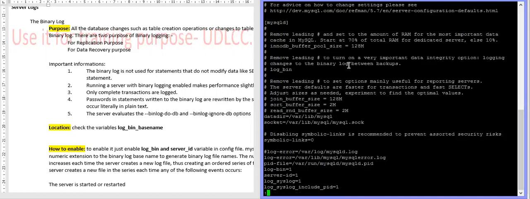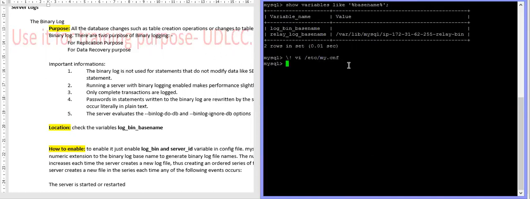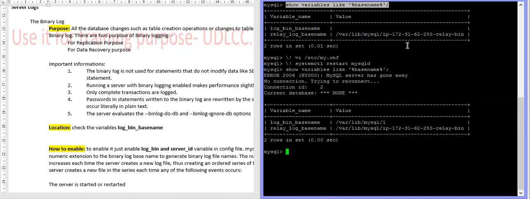So save it in your config file and restart your server. I will restart. Now we can see, yes, your log_bin_basename is this.